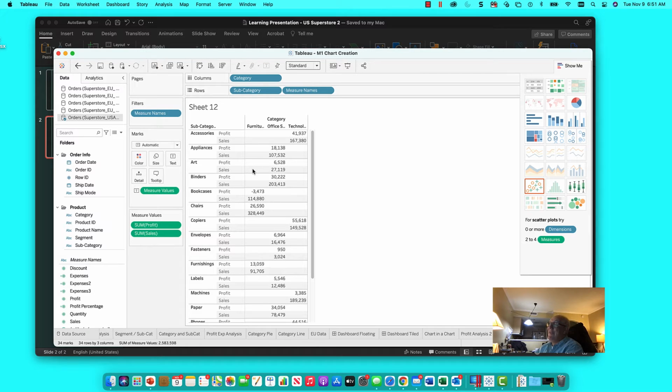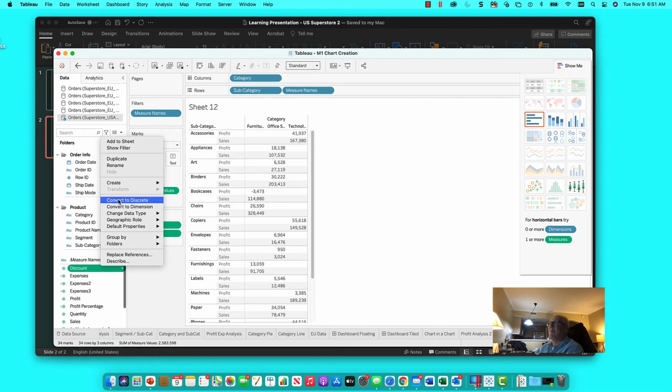But you know, the other thing is kind of missing in the crosstab report. If we don't have expenses, I have expenses, but you don't have expenses in the US Superstore data. So what we'll do is we'll go out and we'll create a basic calculation. I usually do that by right-clicking on one of the members, say create calculated field,